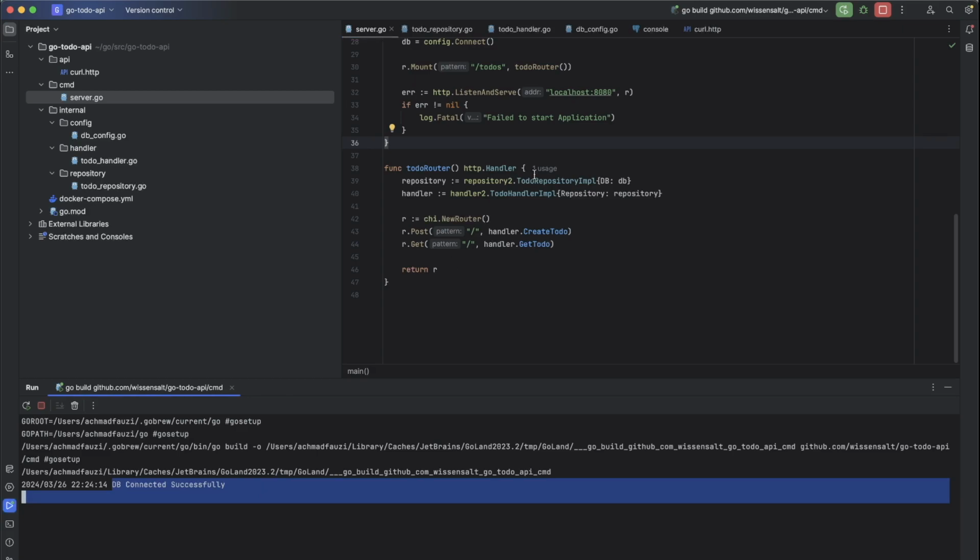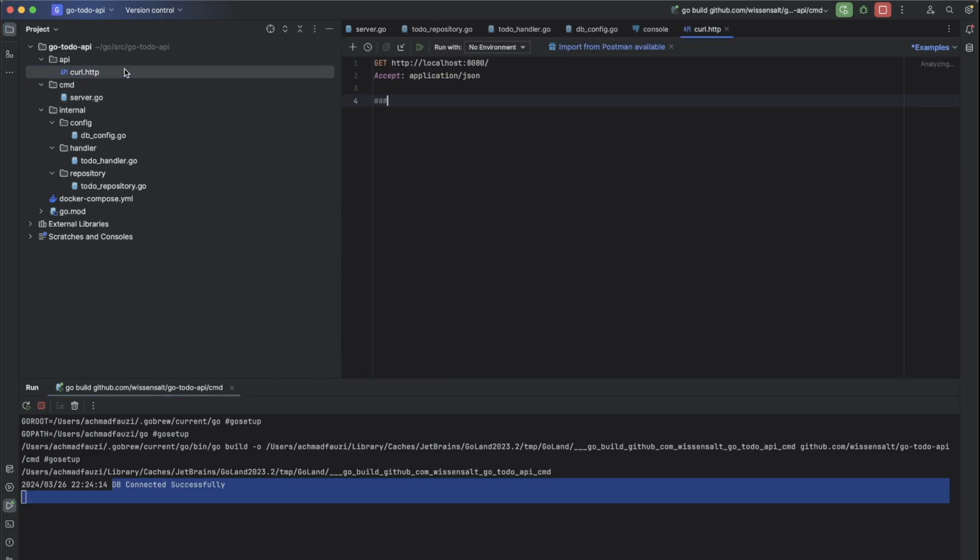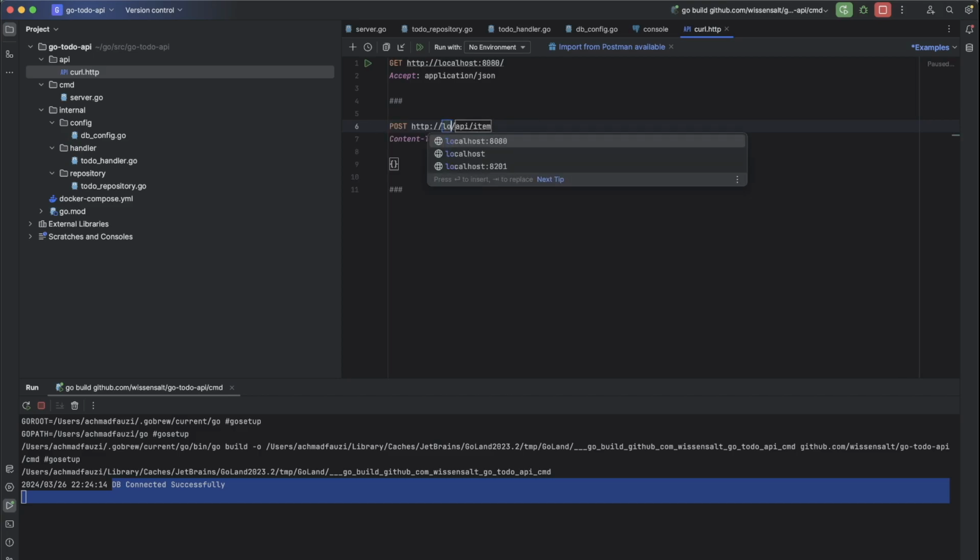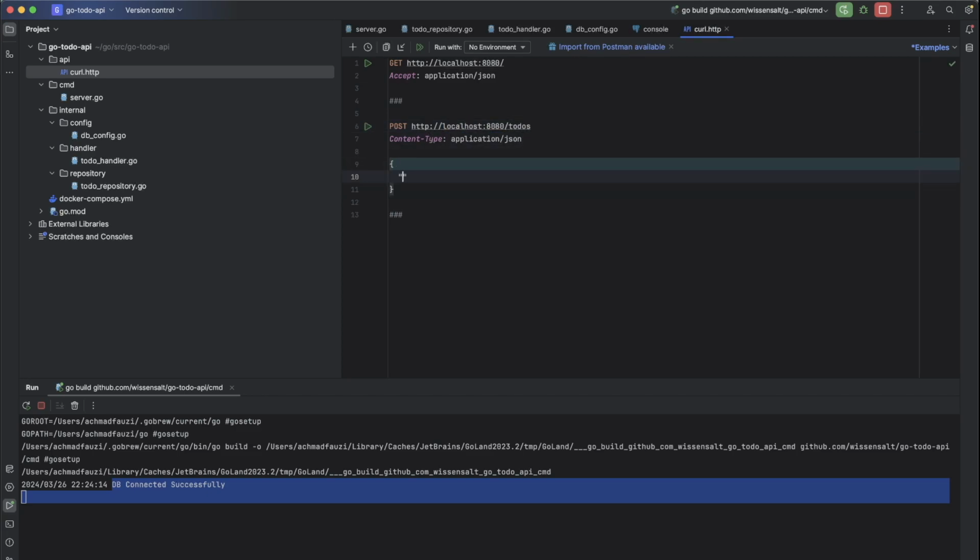Our DB has been connected successfully. Let's go to the CURL. We will create the post request from the localhost 8080 of to-dos. It will require an ID equals to 0 because we don't have any ID, and the task is, for example, like learn Go basics, and is completed equals to false.